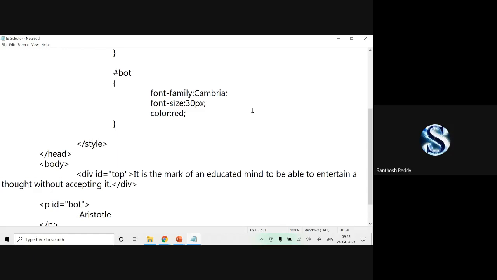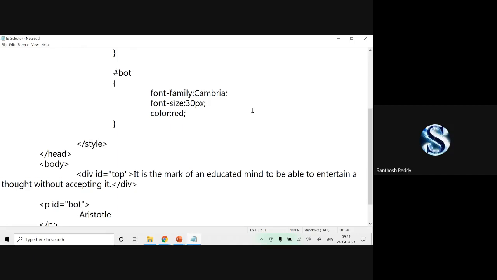Exactly. ID selector is very similar to your class selector. But the difference is when we are using class selector, we can apply to the n number of, you can apply for more than one element.